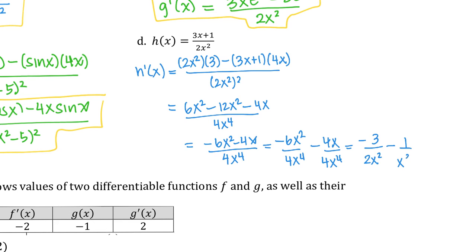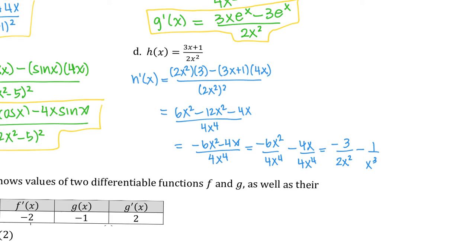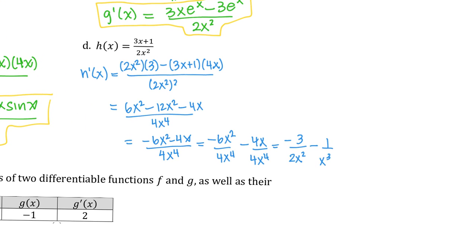to the 3rd. Okay, and this is a good answer, and there's nothing wrong with this answer. But I didn't have to use the quotient rule in this case. Because the denominator is 2x squared, it's a monomial, I could have simplified it from the beginning and then used the power rule. If I had made this 3x over 2x squared plus 1 over 2x squared, what would that be? That would be 3 over 2 x to the negative 1 plus 1 over 2 x to the negative